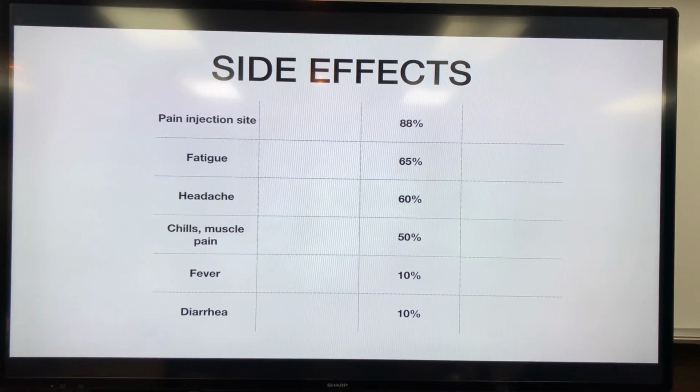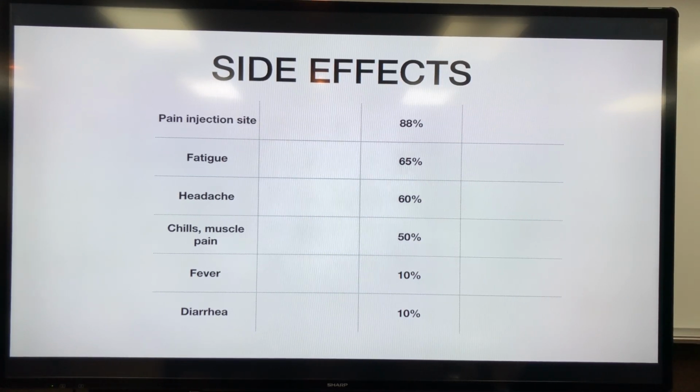So if you get the shot, you kind of need to plan about the what ifs. I kind of chose when I got my shot last week, I had shoulder surgery, so I was already down anyway. And when I got my first shot, it was a Friday, so I didn't have to worry about working the next day. So I kind of planned for that, although it didn't turn out to be any issues. In fact, 2 days after my first shot, I was able to go out and buy it.